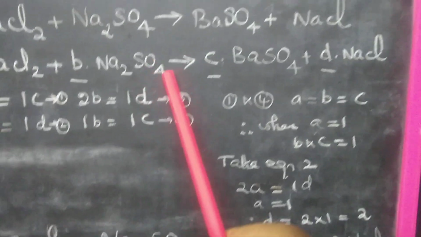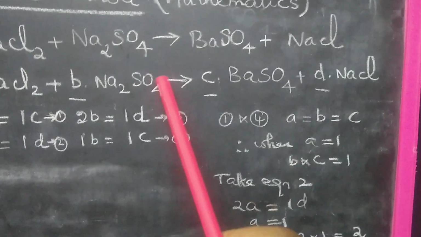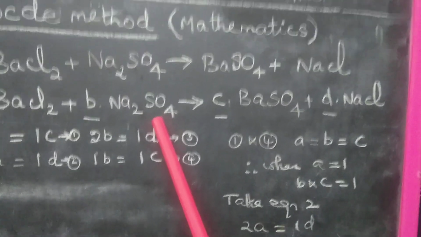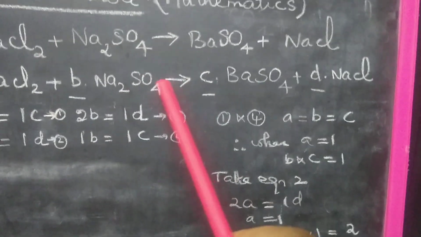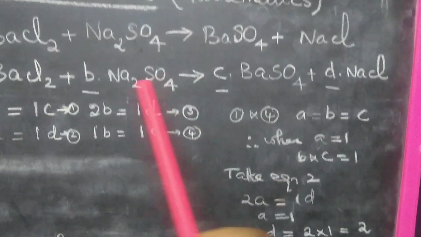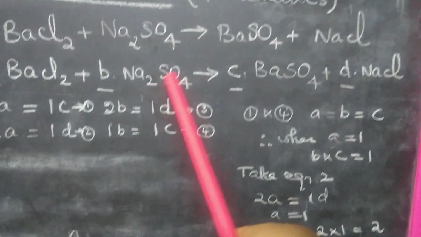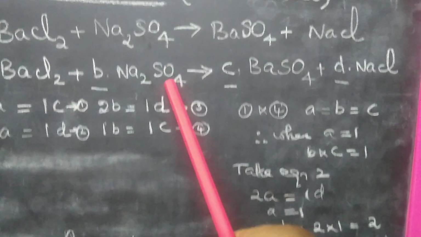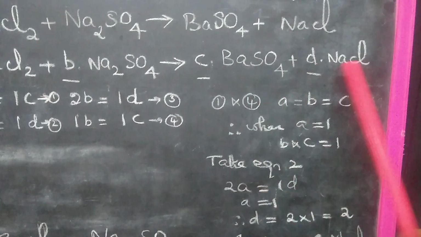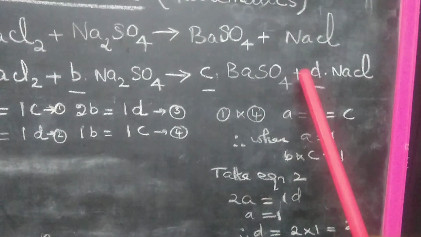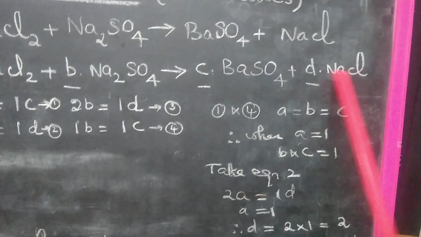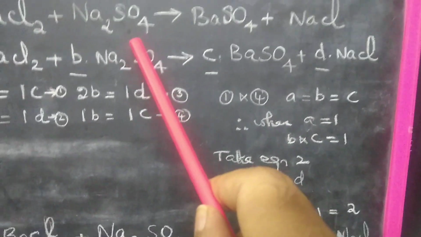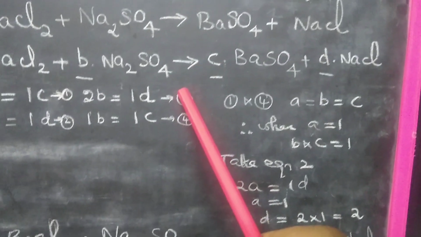What is the last one? SO4. So here we can take SO4 together, because both in the reactant side and product side, SO4 is present only in one place. Nowhere else are sulfur and oxygen present separately. They are present together only in one place. Same way in the product side also, sulfur and oxygen are present only in one place. It is not split into many other things. Okay, therefore we can take SO4 as one unit.